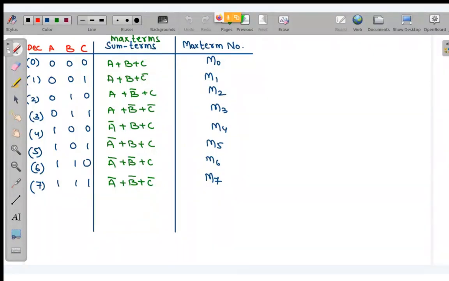In our next class we are going to see more things about SOP and POS, and we are going to start K-map. In that we are going to solve a lot of questions. Okay, then I will be ending today's session. If you have any doubts, please